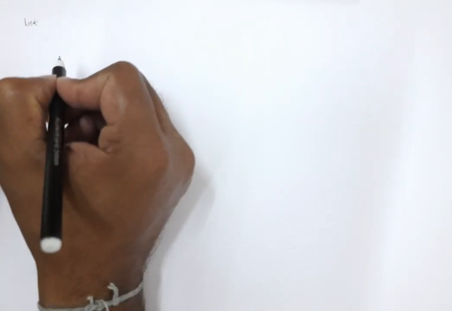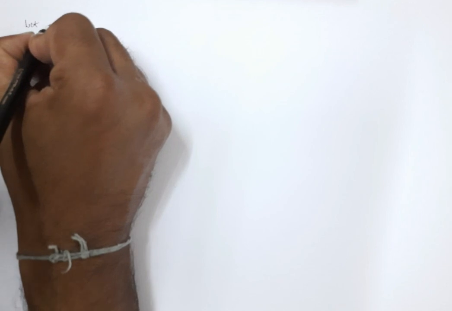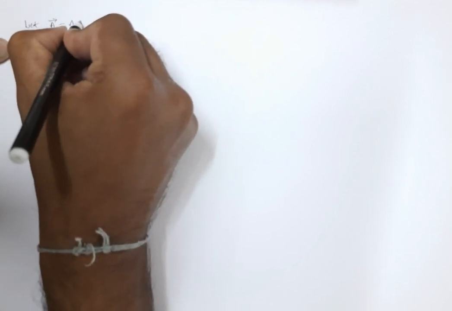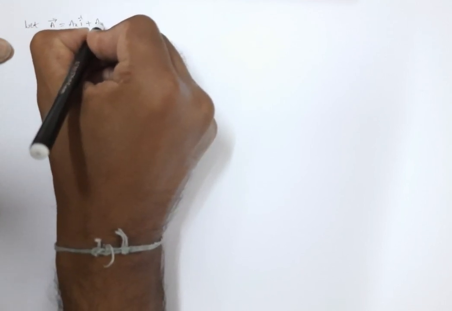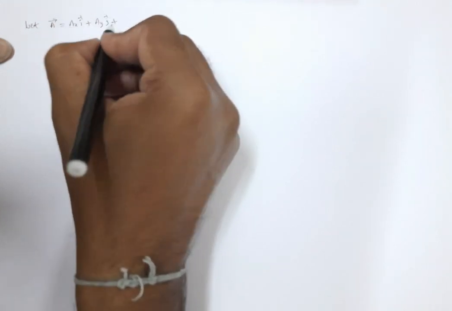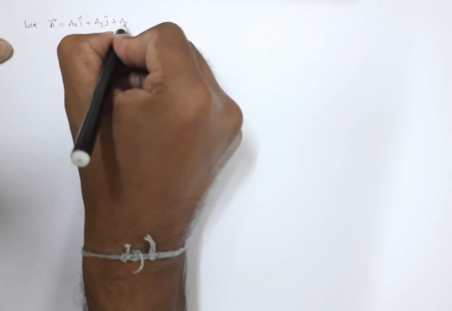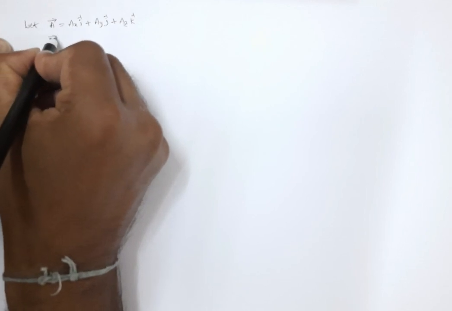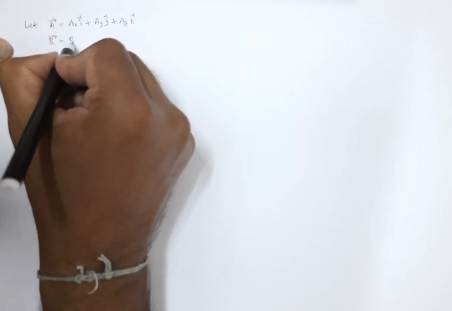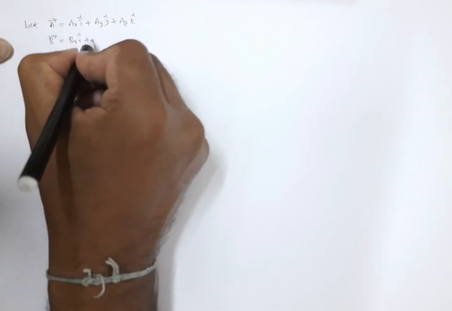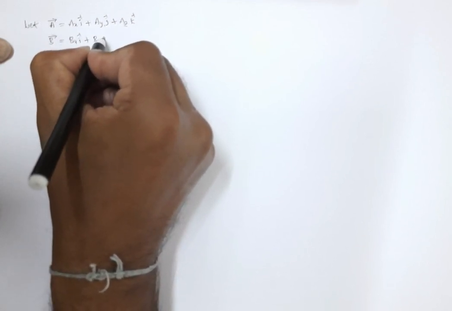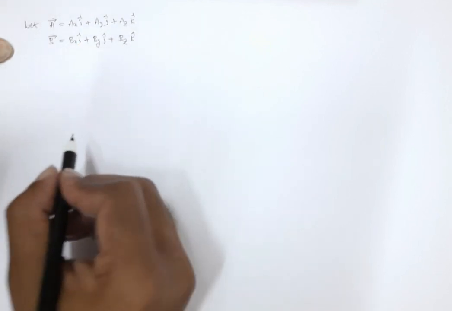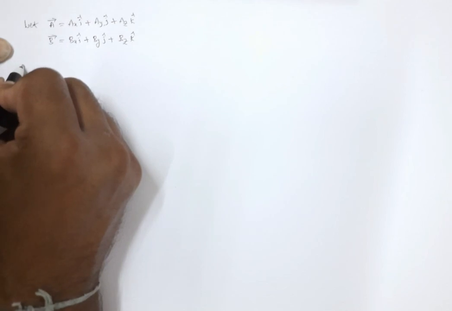Yes, now let us take two vectors with components like this. Let a bar be equal to ax i cap, ay j cap, az k cap. Now another vector, bx i cap, by j cap, bz k cap. Now I have to take the dot product of the two vectors,